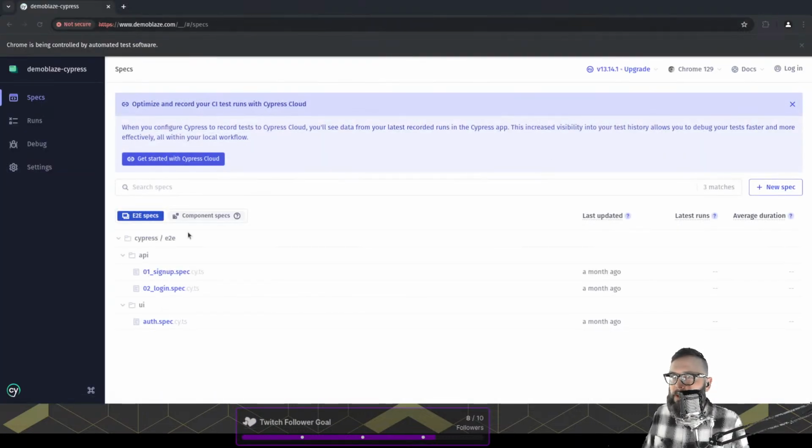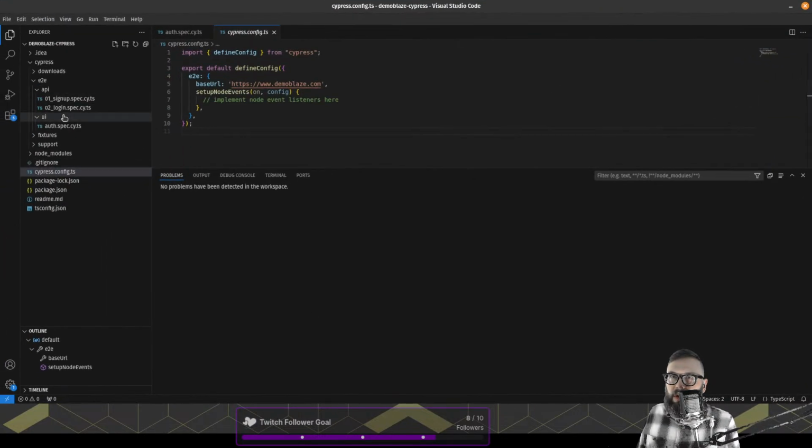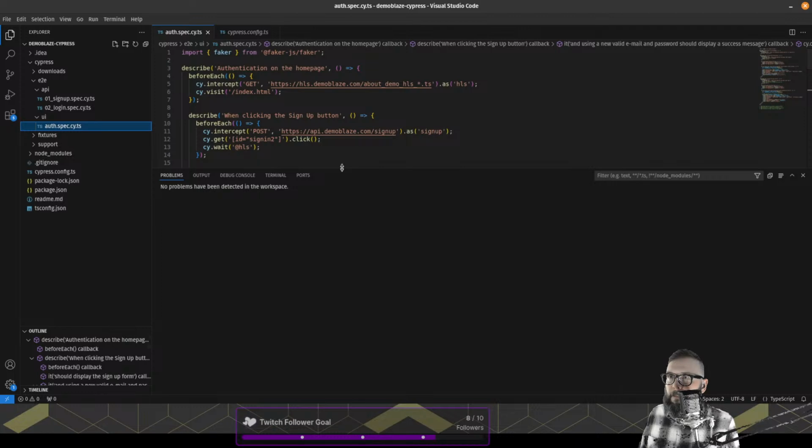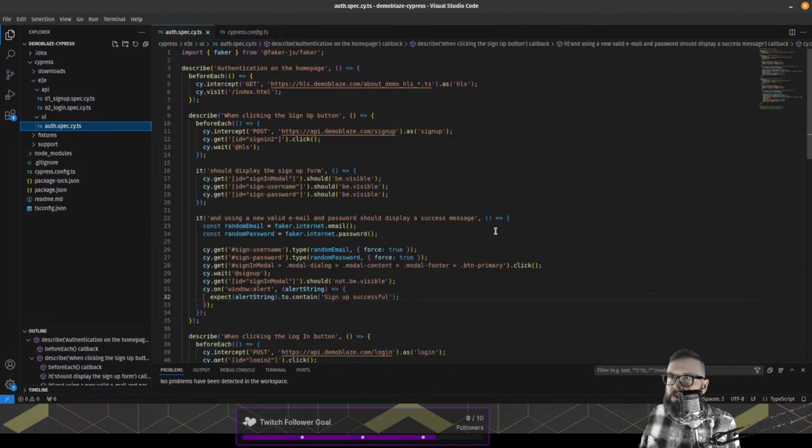Okay, so same thing. Sign up spec. Well, actually, we only do auth spec. Poop. Because we did the API test. So maybe that's not a good comparison. Let's see. Auth. What do we do? We check that we get the sign up form. Okay, so we do sign up. It's this test. Okay. We also do a little